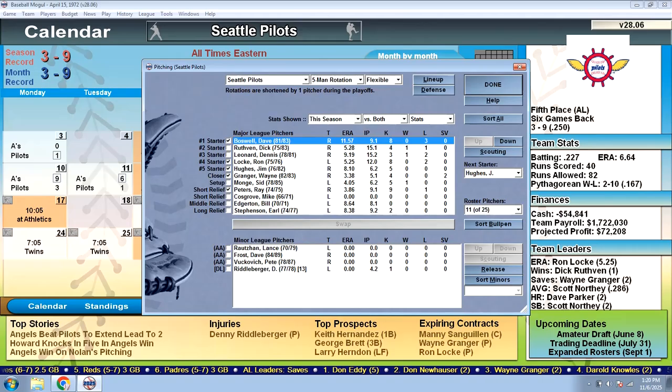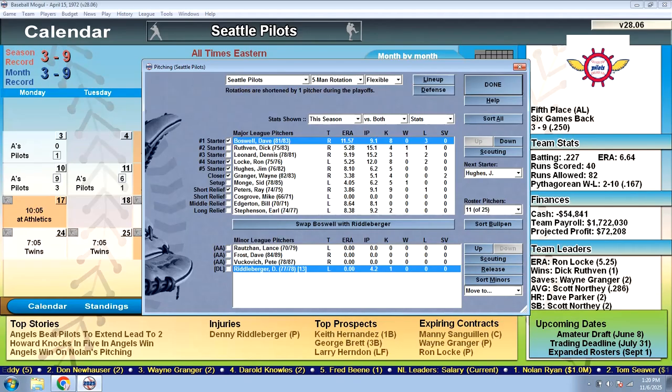I mean, we just lost Denny Riddleberger for only 2 weeks, but he had pitched the least amount of innings of anybody on our team. Why would he be the one to get injured? I have no idea. That doesn't make any sense to me. He's going to be out for the rest of the month, basically. So,